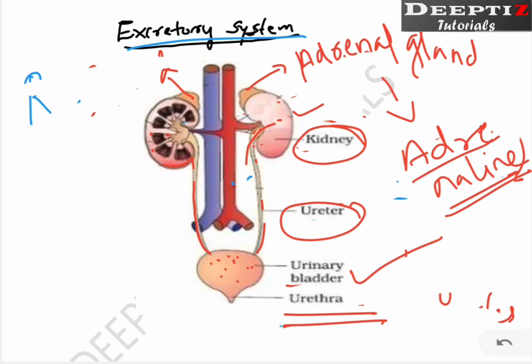Suppose you are walking along a road and immediately see an animal, and you want to run away from that situation, or else you want to fight with that particular animal. In both these situations, this hormone is produced, that is adrenaline. What structure produces adrenaline? That is the adrenal gland. Where is this adrenal gland located? Above the kidney in a cap shape. This structure is termed the adrenal gland.